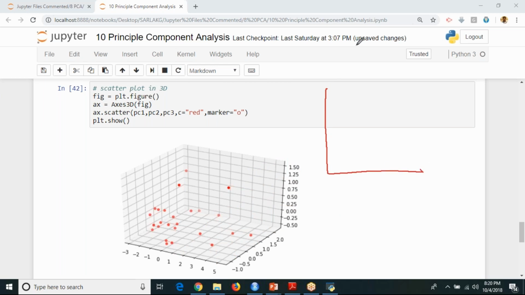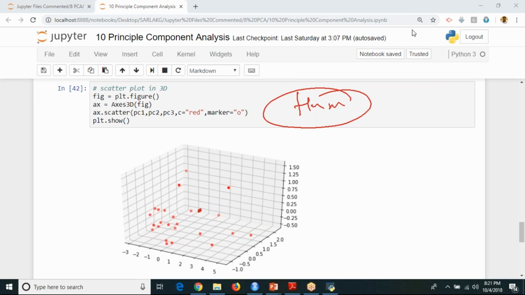That's the reason I told you in the initial days itself, we are all humans, the human eye is not able to visualize this particular point with respect to a 3D image. Can you tell me the axis for PC1, PC2 and PC3 for this without seeing the data, by just seeing this graph?